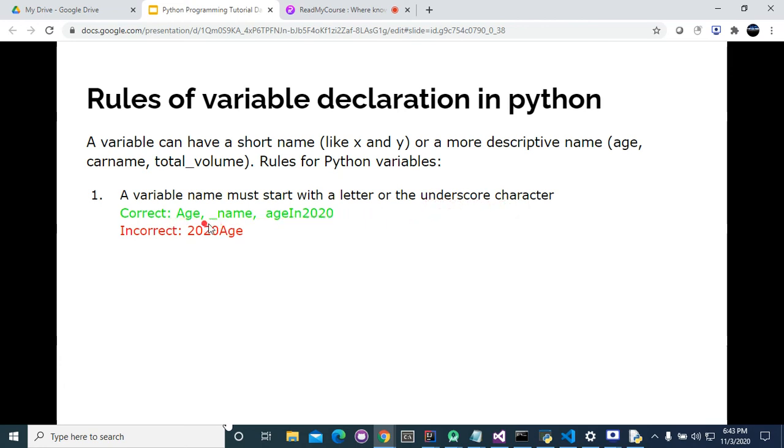This is underscore. These are correct examples. And if you use a number at the start of a variable name, it is wrong. You can't create a variable name whose first character is a number.